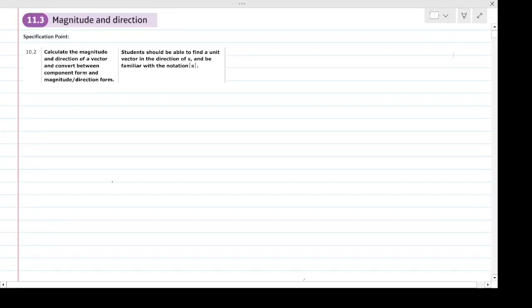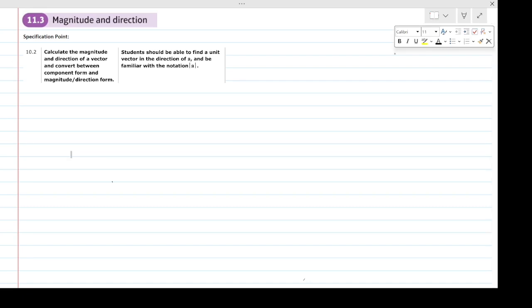Hello. In this video, we're going to be looking at the magnitude and direction of a vector. As a recap, last time we looked at how we can represent vectors. For example, if we had the vector A, which I say is, say,